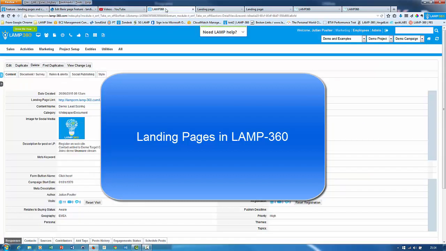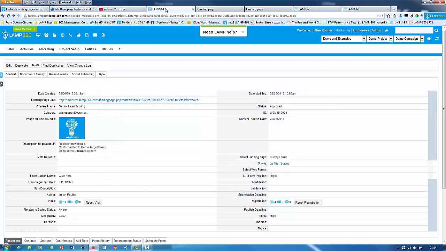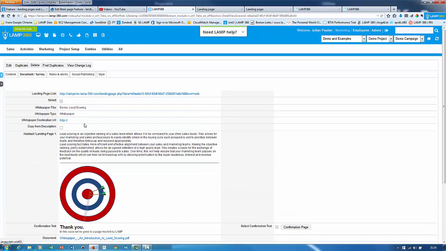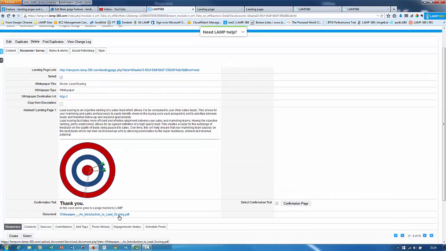In this short demonstration, I'm going to look at some of the landing page functionality within LAMP-360. I'm looking at an item of content here, and in LAMP, content, which can be various types, for instance a webinar, or this one's a white paper, and here's the actual PDF white paper, and here's the definition of the